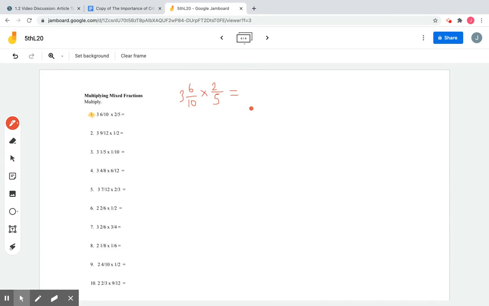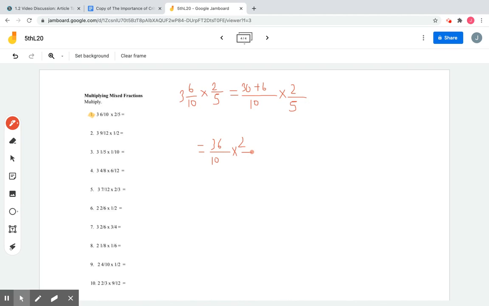So 3 times 10 is 30, and 30 plus 6 over 10, and it will be 36 over 10